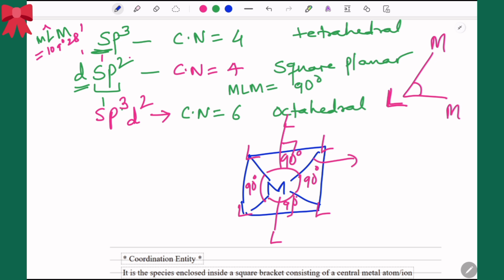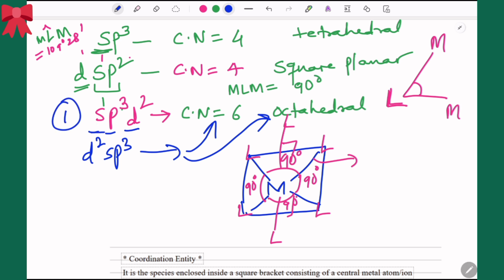So you can have two types of hybridizations here. One can be sp3d2 and the other one can be d2sp3. And the coordination number again for this is going to be 6, and the geometry is again going to be octahedral. Exactly the same, but the only difference will be that in the first one we are using outer orbitals, you're going to use 4s, 4p and 4d orbitals for hybridization. But in the second one, you're going to use an inner d orbital and outer orbitals of s and p. For example, 3d, you will use 4s and you will use 4p.